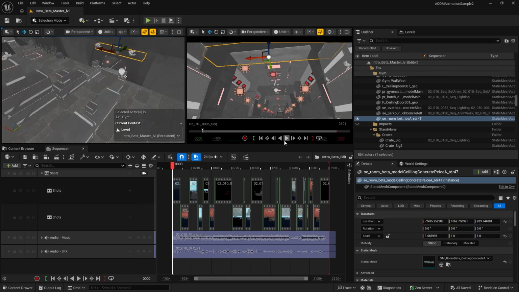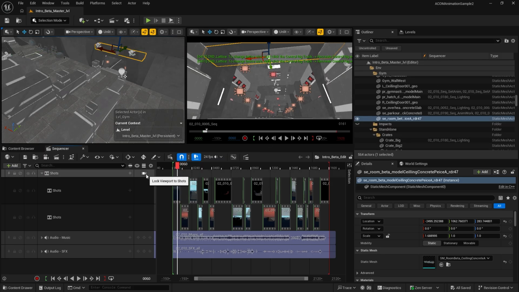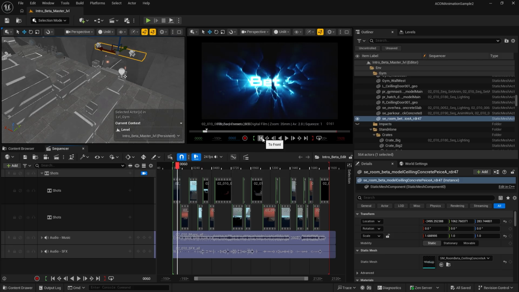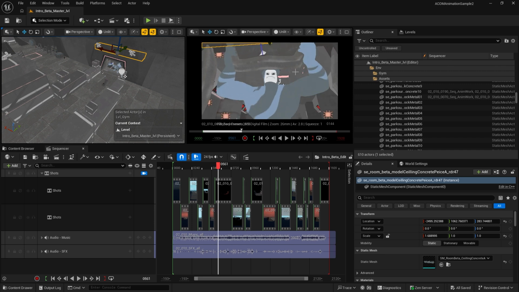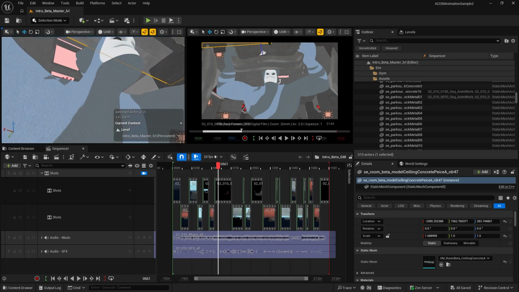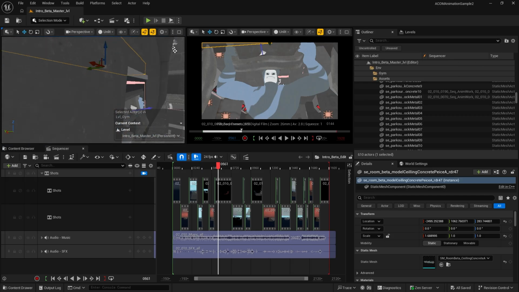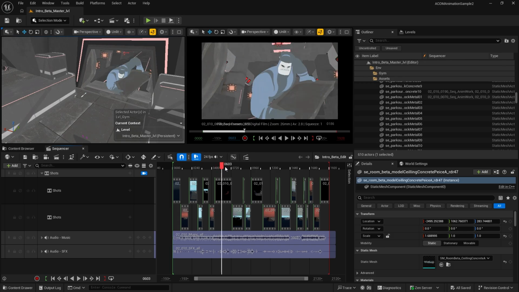If you press play here, you will not be able to see what's happening in real time, because in order to see the contents in the sequencer, you have to have your shots and your camera track active. So you can go back to the front and press play. Let me stop there. As you can see, even with the low settings and the unlit function, the system is not capable of running this content in real time. But while roaming around, I can easily go closer to the characters and see them from different angles, in addition to what's already happening in this scene.